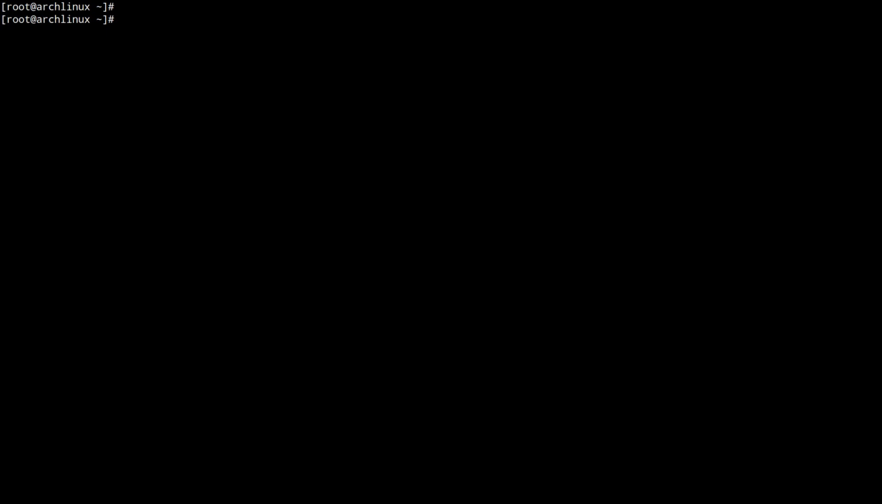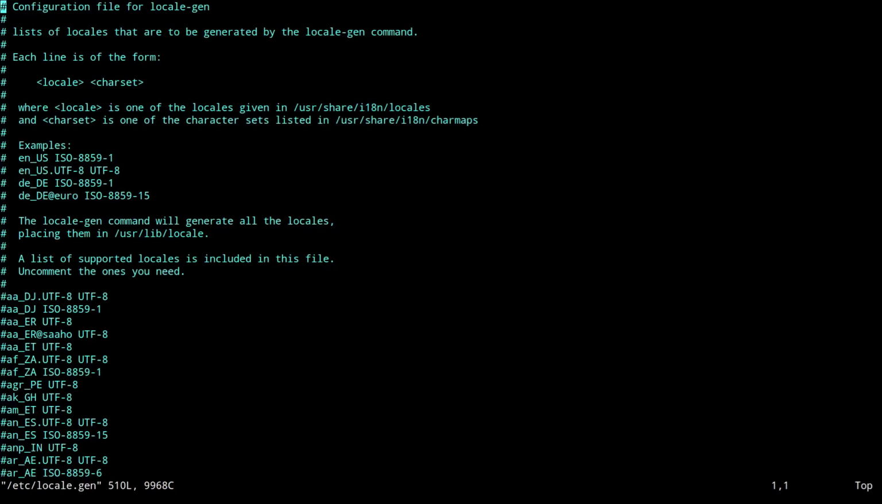Next, we set up our system locale. So let's open the file inside /etc and it's called locale.gen. Basically, setting up the system locale will enable programs on your computer to correctly display time, date, and monetary regional values, among other things. So here in this list, all you have to do is simply uncomment the ones that